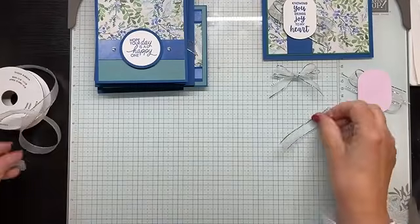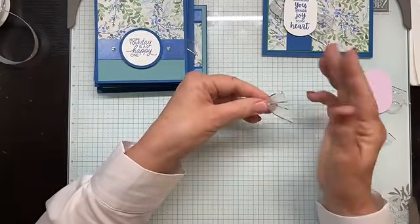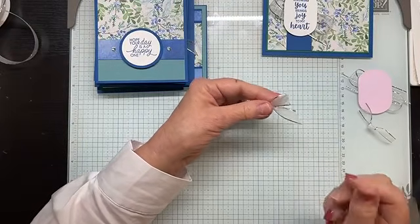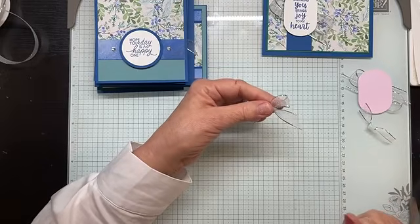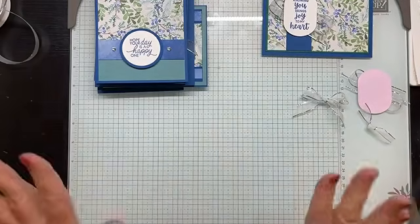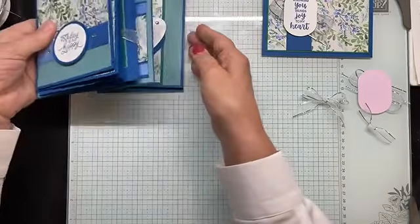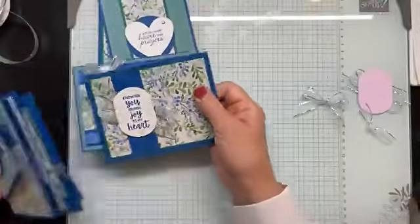And then I like to trim off the ends at an angle. I will tell you too, trimming at an angle, there's less chance of your ribbon fraying. Okay, the ends of your bows fraying, or the ends of your knots fraying, that sort of thing, if you cut at an angle. Alrighty, so a little impromptu ribbon demonstration, but let's go ahead and go back through all